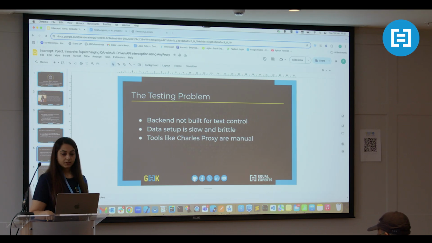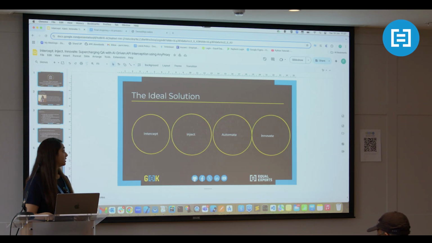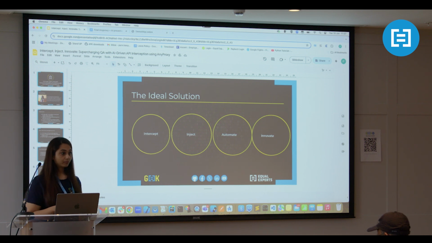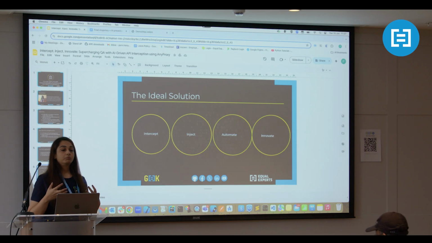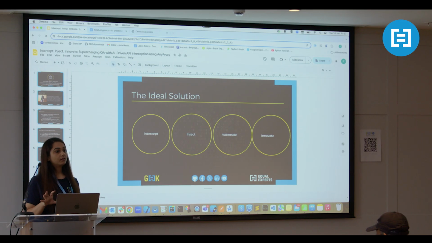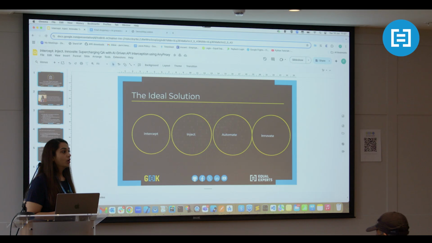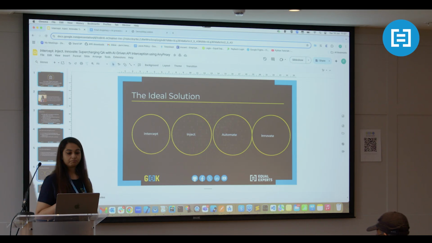So the ideal solution was to intercept the APIs programmatically, so that we can simulate the mock response during the test script and get the UI that we are looking for and test it. As you're running your test script, you intercept the APIs in a programmatic manner.